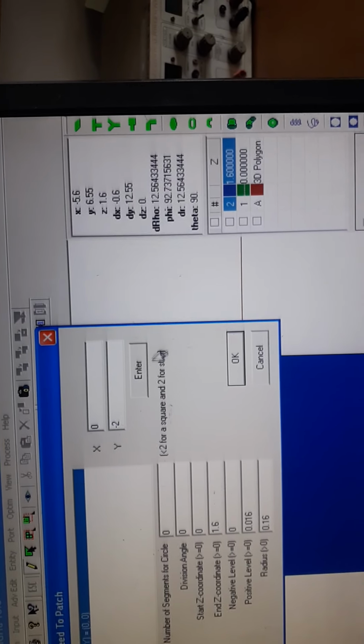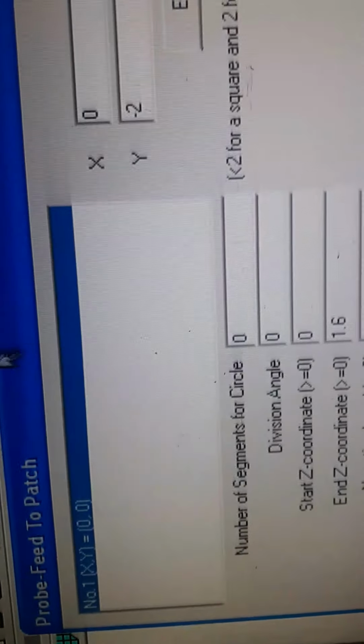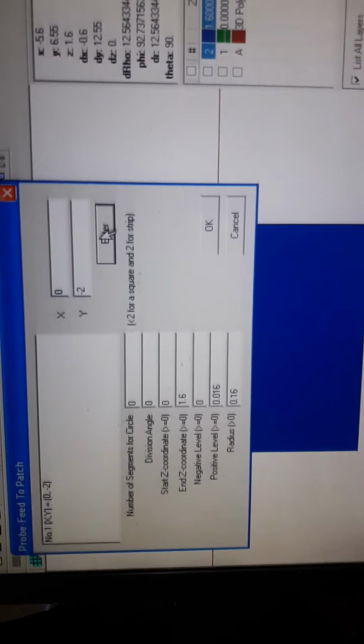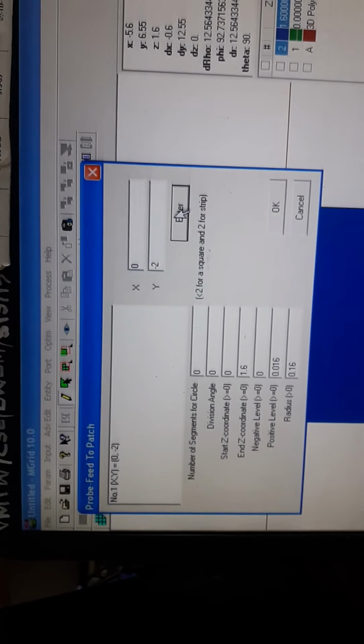If we press Enter, it takes that value. Otherwise it takes the default 0 0. Now if we press Enter, it takes 0 minus 2. So whatever value we put in, we have to press Enter, otherwise by default the port will be at 0 0.